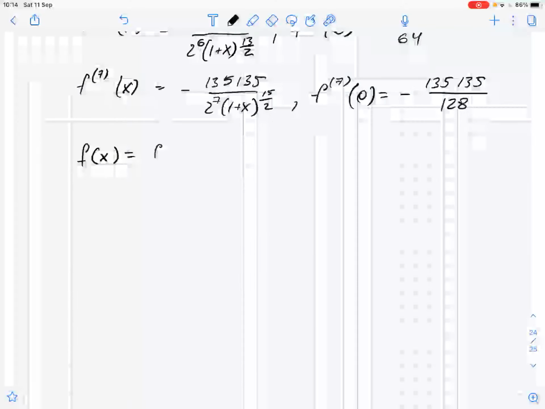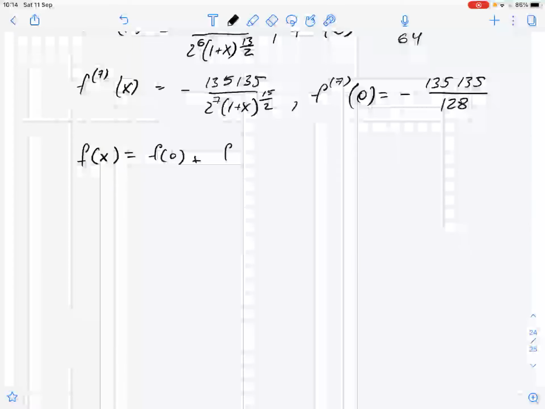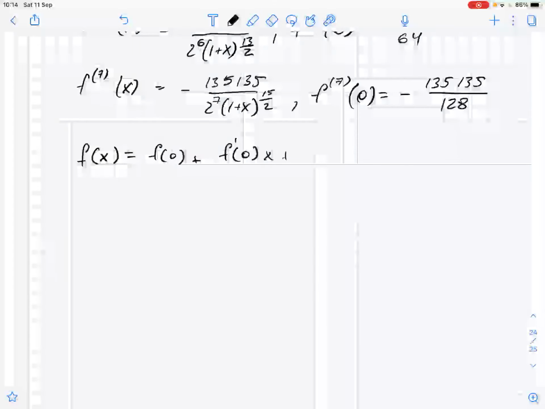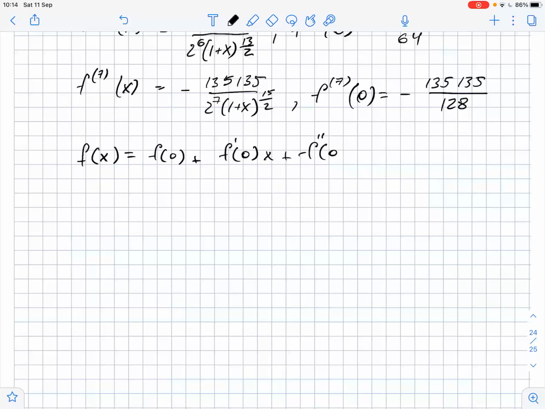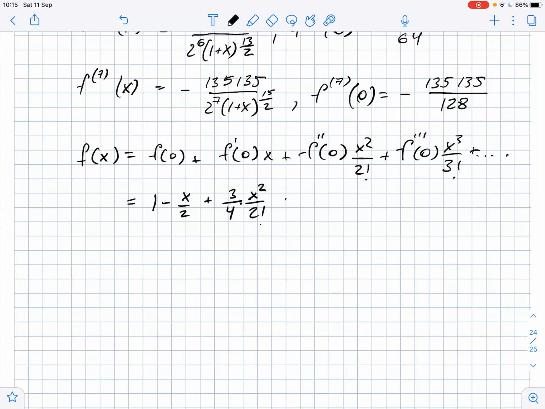Well, now the first 7 terms of Taylor's series for the function f of x at x equals 0 is f of x equals f of 0 plus f prime of 0 times x plus the second order derivative of f of 0 times x squared over 2 factorial plus the third order derivative of f of 0 times x cubed over 3 factorial, and so on. Then this equals f of 0 is 1